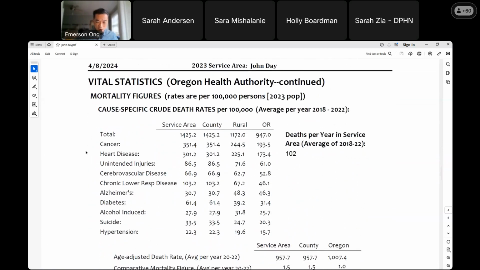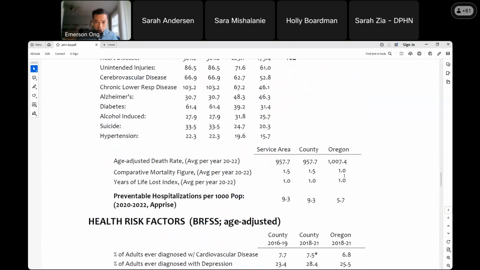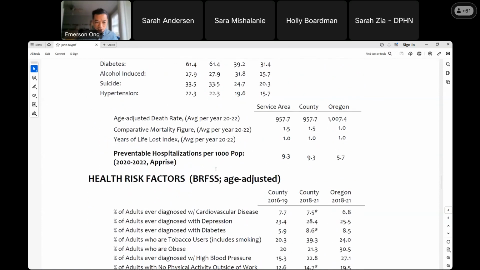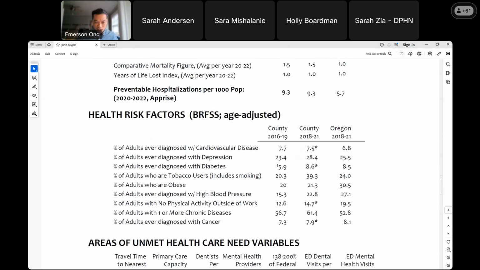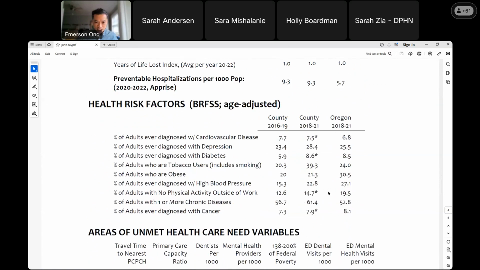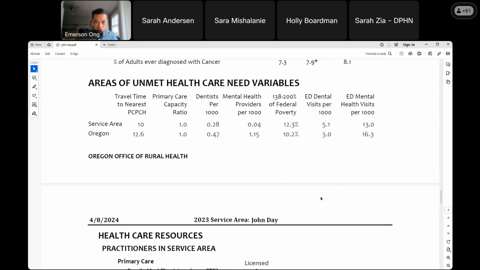Then there are cause-specific death rates compared to the county, rural, and the state as a whole. And this is ranked according to highest to lowest for the state. Number of deaths on average per year for the 5 years that we look at. Mortality figures, preventable hospitalizations, behavioral risk factors, a lot of chronic disease data here, unmet healthcare need results,